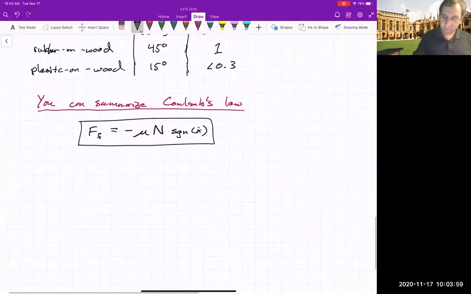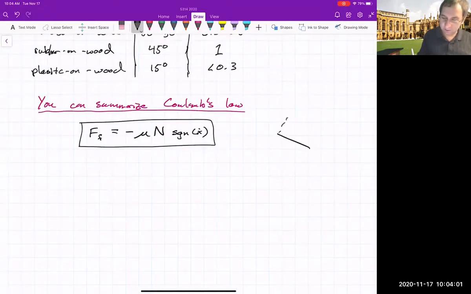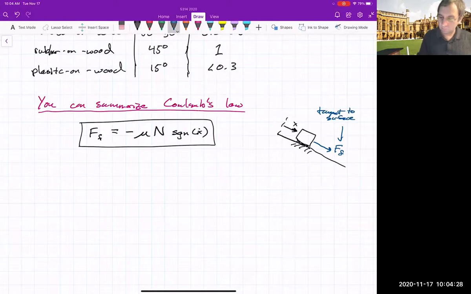So if we're, doesn't matter what angle this is at, we're talking about, here's x, here is our object, and what is the direction of this force of friction? Well, first of all, it's tangent to the surface, and it's going to resist motion. There's a normal force,